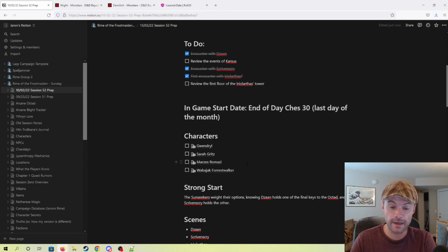Mars's Romazi is our female tiefling barbarian. She is the Path of the Ancestors. I forget what the subclass is called. But she is now a follower of Saloon. She decided to devote her fighting to be a barbarian, not specifically a fighter, a barbarian for Saloon, and fight in Saloon's name. It was the thing that saved Gwendrel and allowed him to roll with enough favor to save from